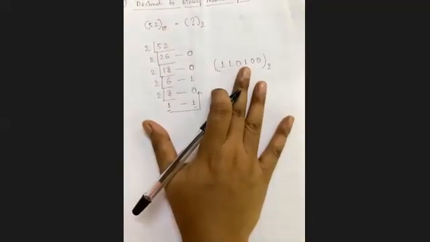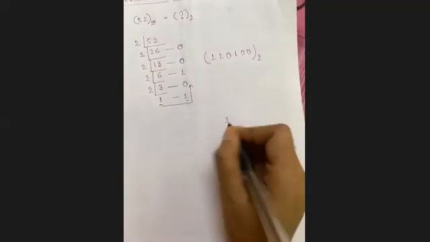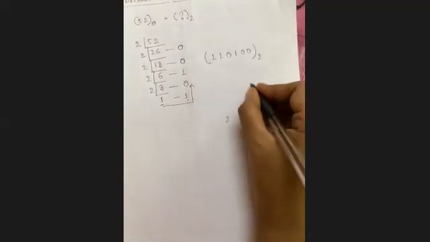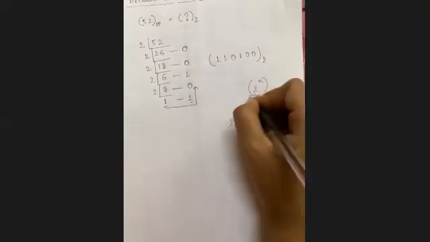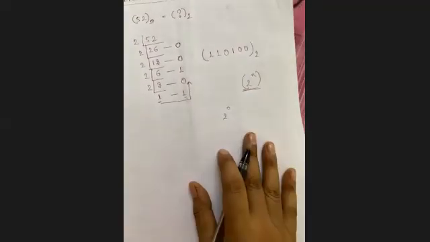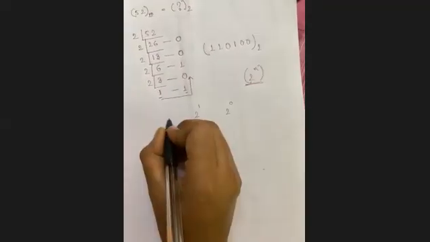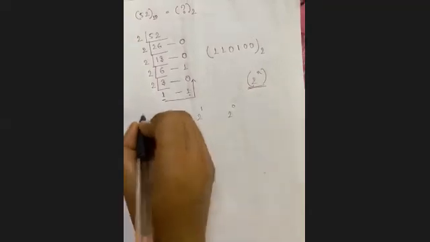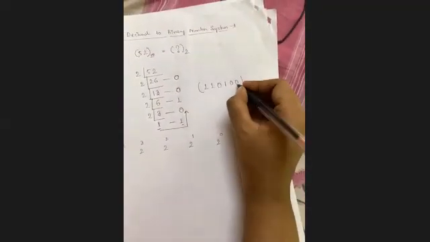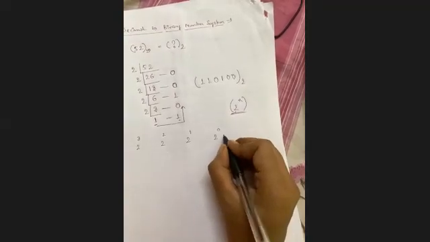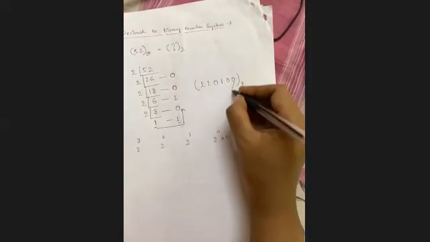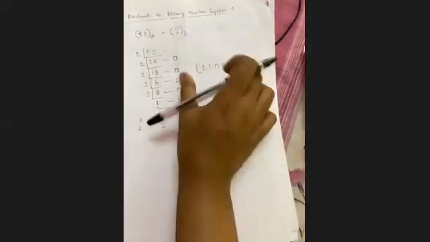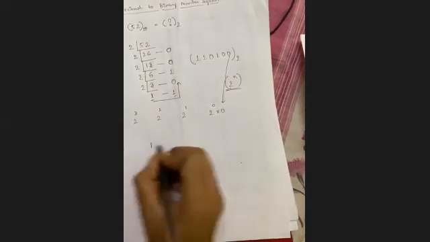As this is binary number system, what I have told, the base will be 2 and it will be in the form of 2 to the power n. So we will start with 2 to the power 0, 2 to the power 1, 2 to the power 2, 2 to the power 3, 2 to the power 4 and so on. So let me check it from this. ये जो है मेरा 0, I'm just simply multiplying it with this. इसके साथ इसको हम multiply कर दे. इसको पहले लिख लेते हैं चलो.